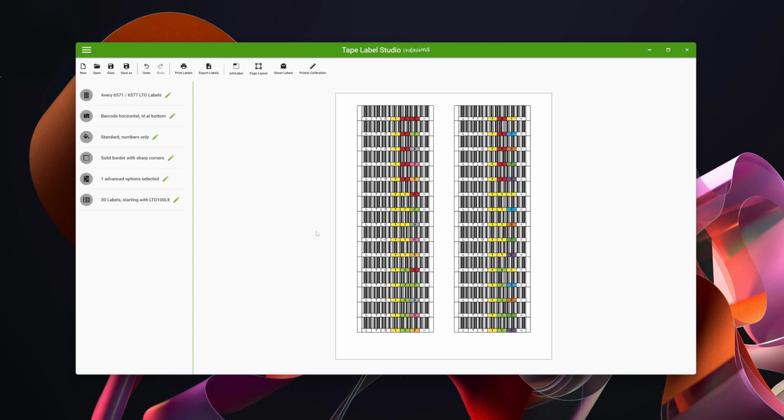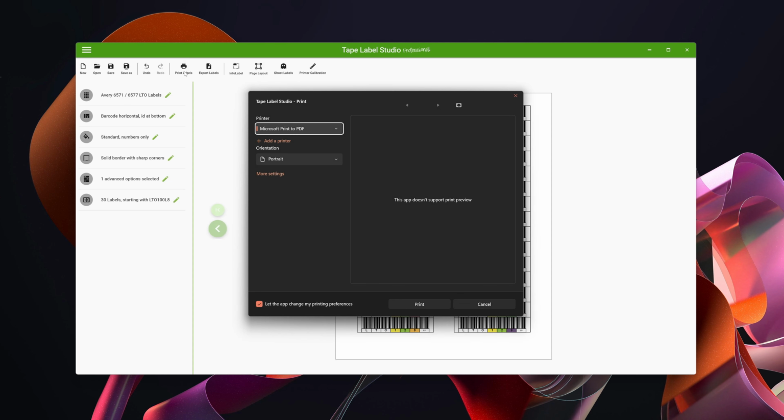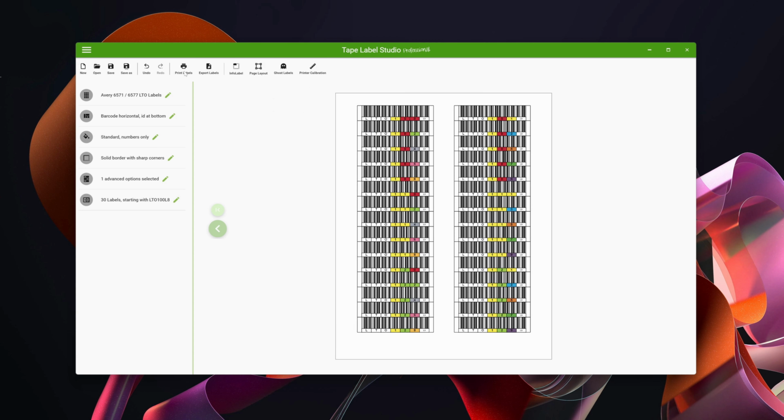On the right-hand side, review the label sheet preview. When everything looks good, print directly to your local printer or export to PDF. That's it. In just a few steps, you've created your own custom barcode labels with full flexibility, no subscriptions, and no need to reorder expensive pre-printed sheets using Tape Label